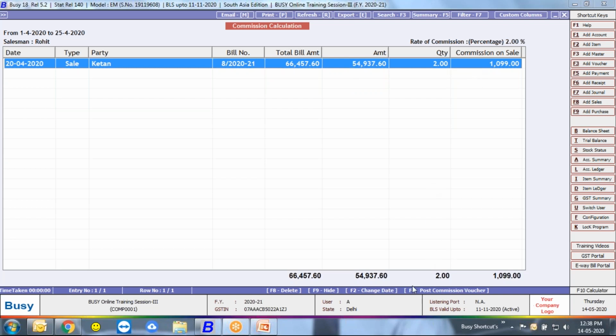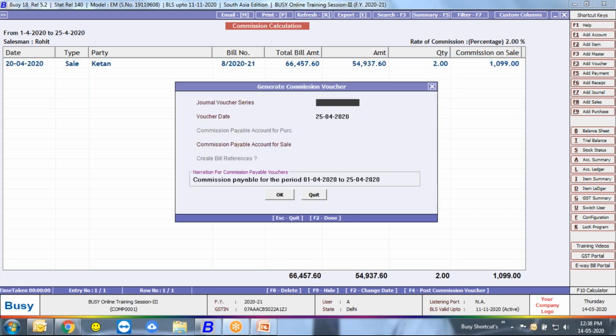There is also a provision to post your commission voucher in Rohit's ledger, to pass on Rohit's commission. So how can you do this? You just need to press F4, function 4 key, and as you see there is a window to post your general voucher, commission payable account.